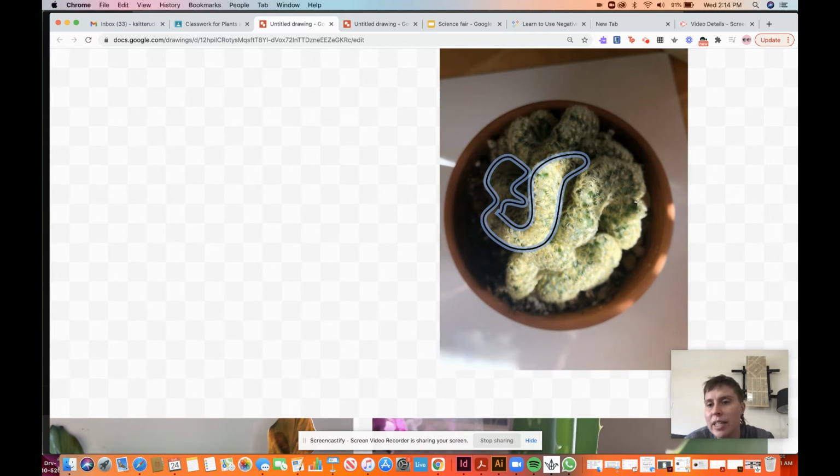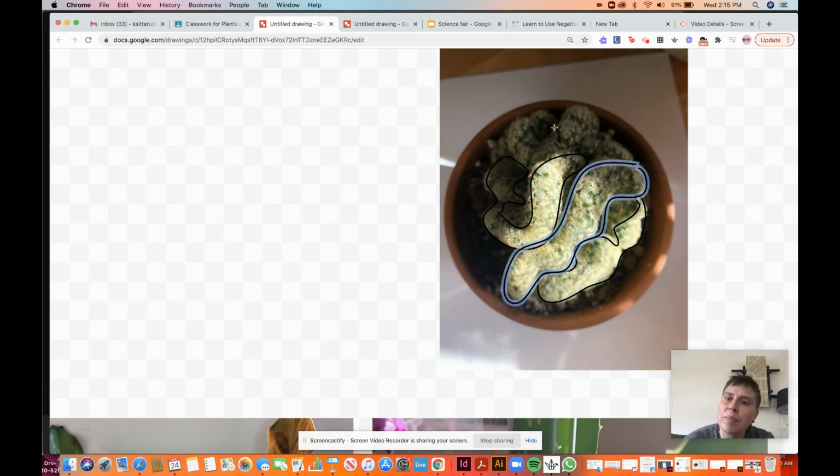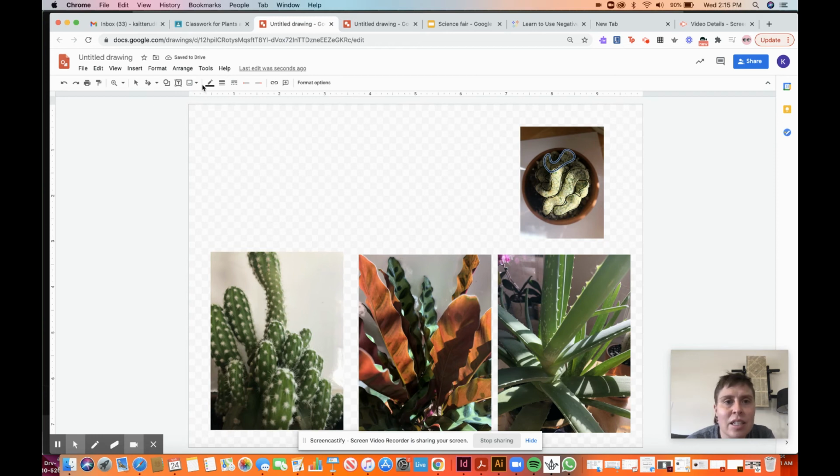And then we can come over here. I'm just following the curvature of the plant, and what a weird plant this one is. So I'm just going and outlining the weirdness of this plant. And anything that's a little bit too dark, I just leave out. So once I have that complete,